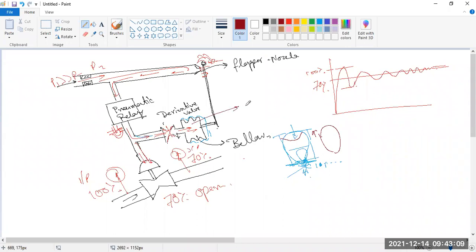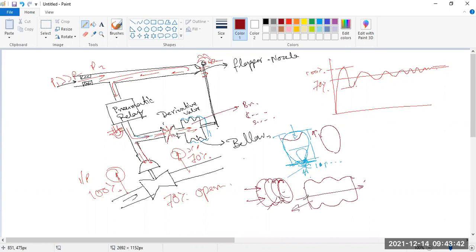This metal is generally bronze, chromium bronze, and sometimes it is made of steel. But this bellows looks like this, some round shape, this round shaped corrugated steel is here. This is one chamber. If you enter some fluid, then it will expand just like this. Okay, so this is the expansion, and whenever you release all this air, then again it will occupy its own position. So it works as a spring, but it is a pneumatic spring.